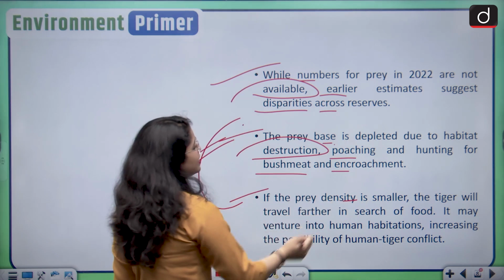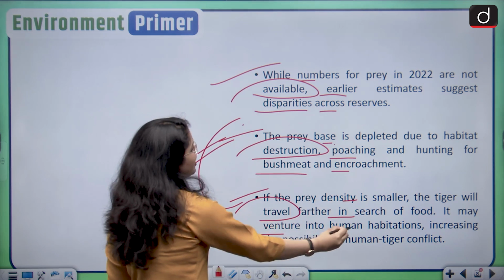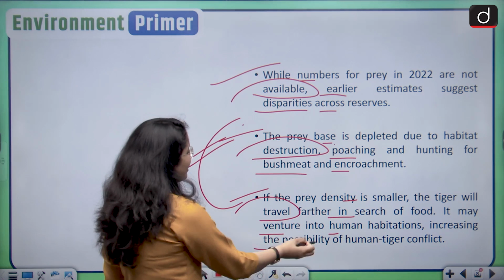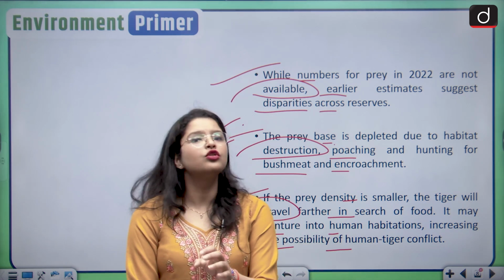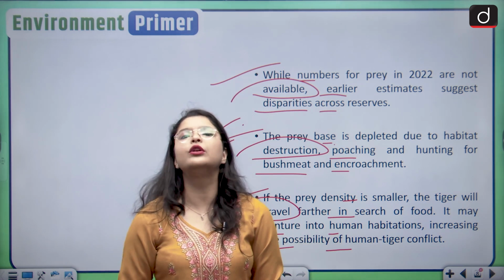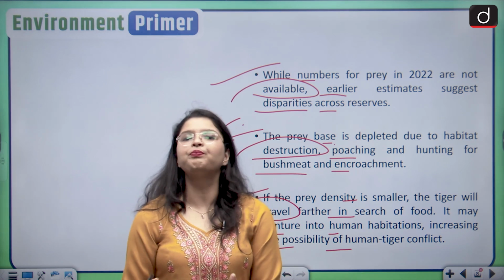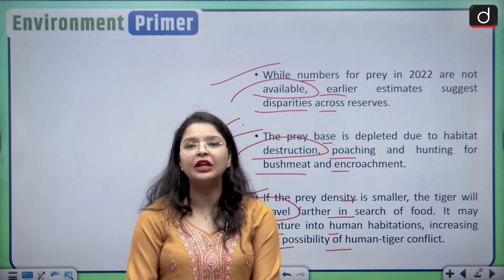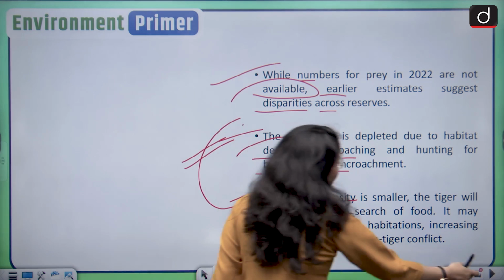So these are the main reasons why the prey base has depleted. If the prey density is smaller, the tiger will travel farther in search of food and it may venture into human habitations, increasing human-tiger conflicts. So to avoid all of this, we interfere by human means and we increase the prey base for the national parks in which these tigers are conserved. Moving forward,